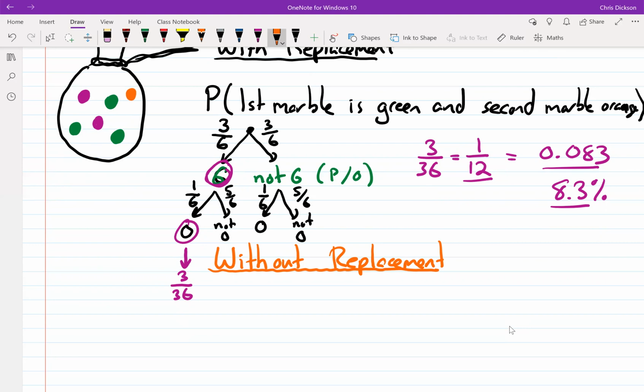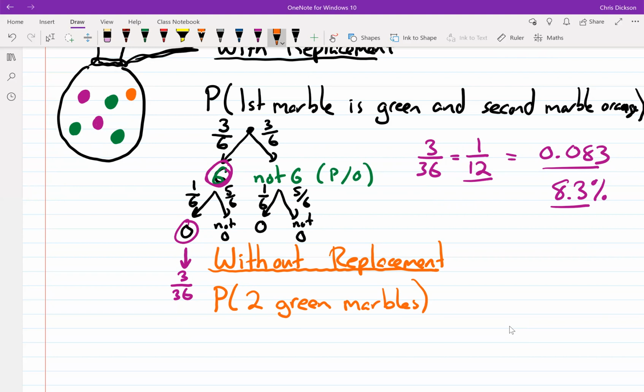And then you reach in again and you grab a second marble from what's remaining in the bag and look at that one. So what happens here is you're changing the number of items that are actually in the bag itself. So I'm going to take a look at the question of what's the probability of getting 2 green marbles? That means the first time you reach in, you get a green marble, you don't replace it, you reach back in again, and then the second marble you pull out is also green.